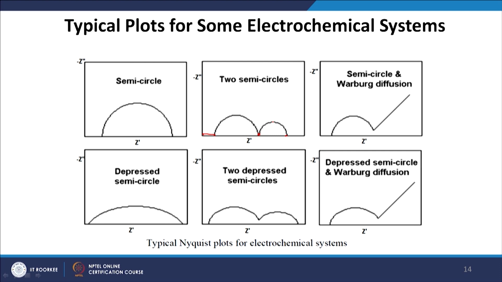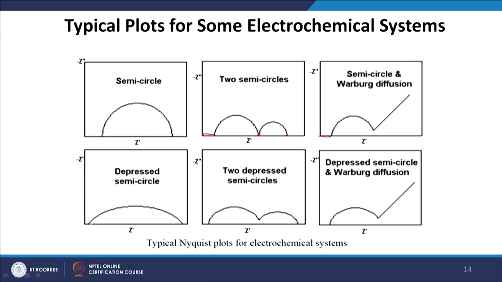Okay. Now, you look here, there is a semicircle, and in addition there is a spike here. The semicircle means there is a resistance and then there is a capacitance. If this semicircle touches the x axis, I know that there is another resistance component R1, but instead of touching, it is going up along the y axis. This part comes due to the ion diffusion, and that is called the Warburg diffusion. So, if you see a semicircle with this kind of spike, then there is the resistance capacitance along with the ion diffusion or the Warburg diffusion component in the circuit.